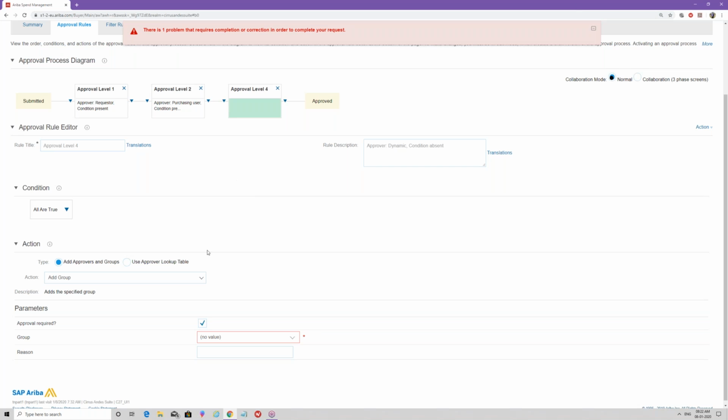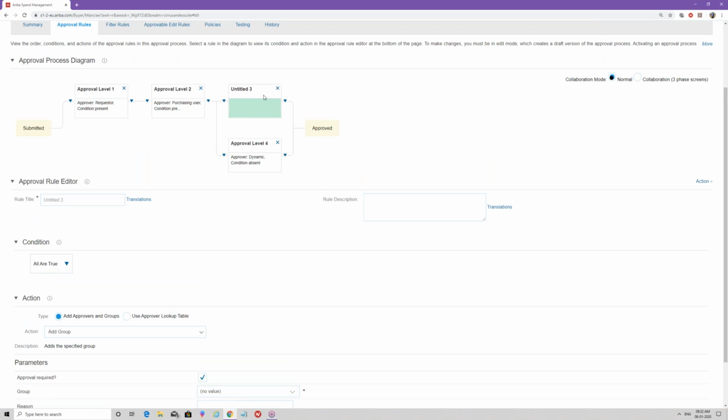Now let's say your client is coming to you and saying, Manoj, level 1 and level 2 should be in serial. Level 3 and level 4 should be in parallel with each other. All of you will be thinking, hey, Manoj, we have only seen either serial or parallel, right? A combination of serial and parallel, can we do it? The answer is yes, you can do it, guys. So instead of the last inverted triangle, go to the first inverted triangle. Okay, click on add parallel rule. Okay, and now you can see